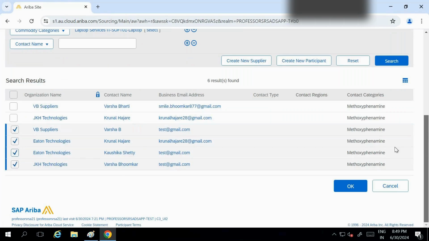I have selected the suppliers that are already registered. Now if you want, you can create a supplier from here. We are using SLP, supplier lifecycle performance, so there is no need to create suppliers from here. We have a separate module for that. That's why I'm not going to create any supplier or supplier request. I will explain going ahead.